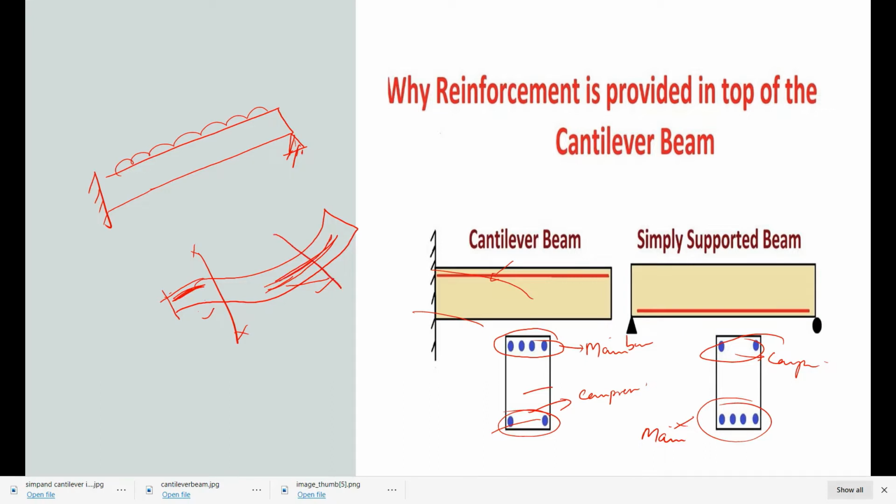If we cut this section 2-2, we get the simply supported case, and if we cut the section 1-1, we get the top fibers in tension. So we have understood how to draw the deflected shape, where we will provide the reinforcement bar at the top, and where we will provide the main reinforcement bar at the bottom. So thank you.